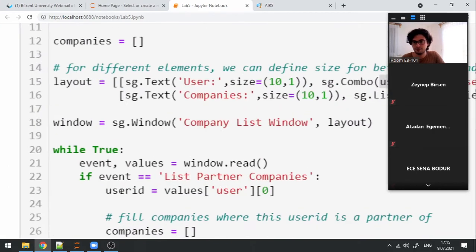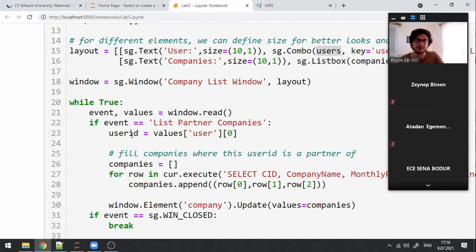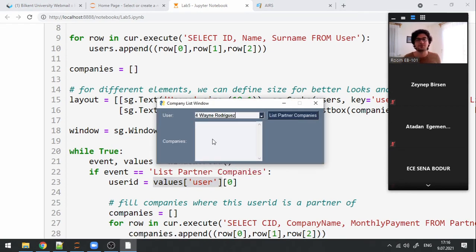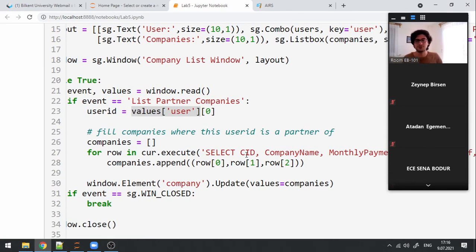Then in my program loop, if I click on list partner companies, I'm retrieving the user ID. So from the values of the user, I have three values, right? The ID, name, and the surname of the user. And because of that, to get the ID of the user, I need to go to the index 0. So from that index 0, I have the ID of the user, and I would like to fill the company list. So if it was filled already, I would like to set it to empty list,